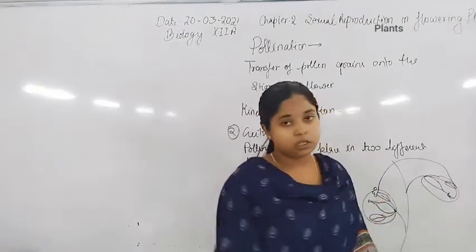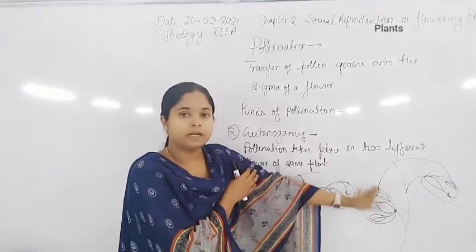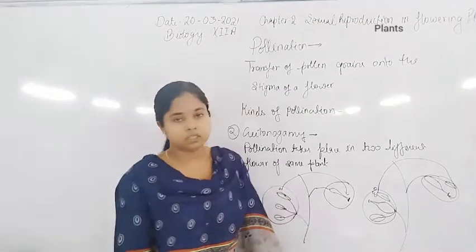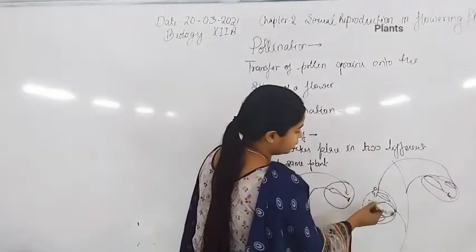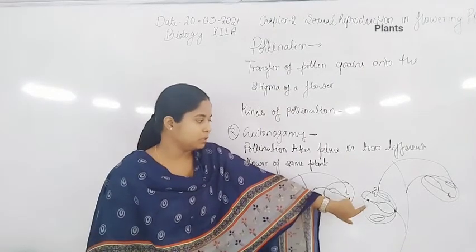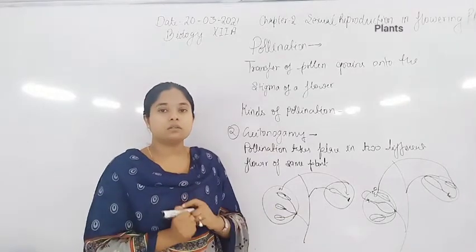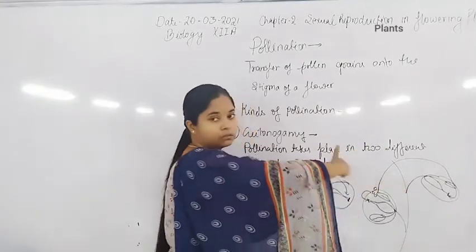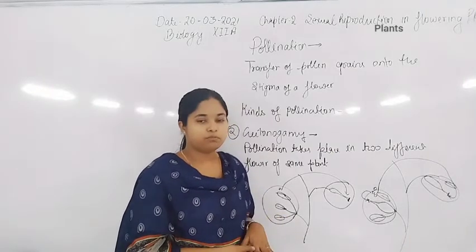Now the pollen grain is formed by the anther of one flower and it gets transferred onto the stigma of a different flower. So this type of pollination is zytonogamy. So how will this happen, why is it not transferring here? They may also show autogamy, but in such a case, when do we call it zytonogamy? When the transfer of pollen grain takes place from one flower to another flower. That kind of pollination shows cross pollination as well as zytonogamy type of pollination.